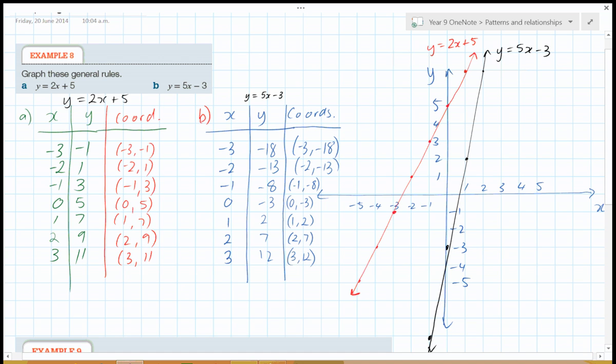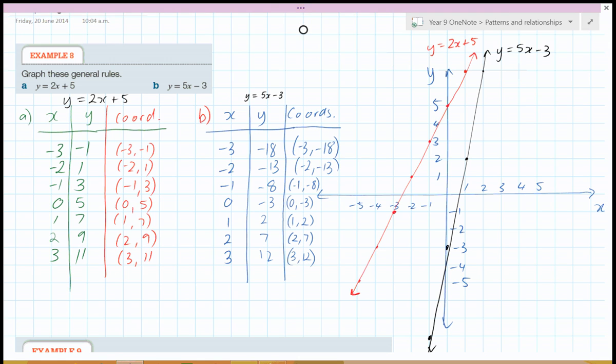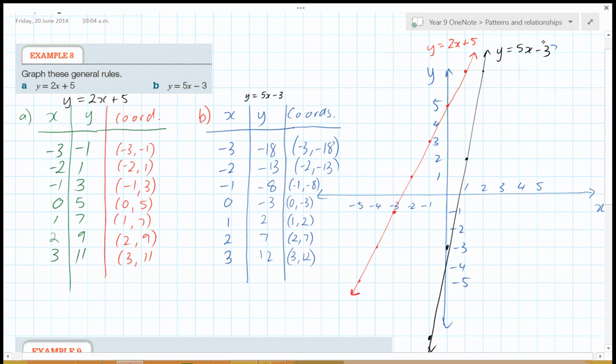With my two graphs that I have up here now, I just want to reflect a little bit on how these graphs relate to their equations. So let's have a closer look at these equations. So looking at my black graph, this -3 here, can anyone see or notice anything about how -3 relates to